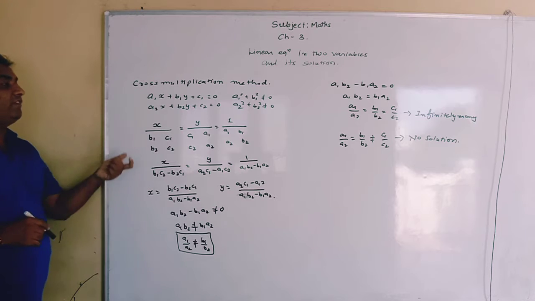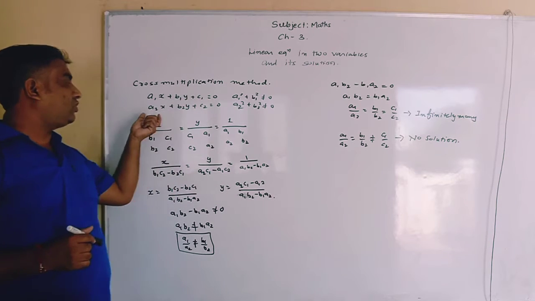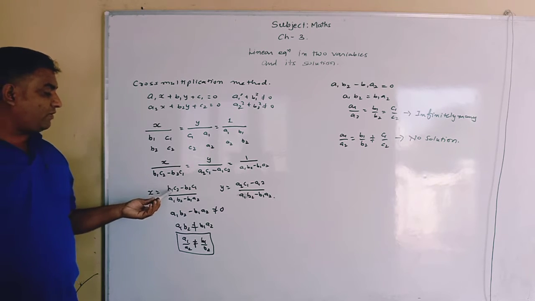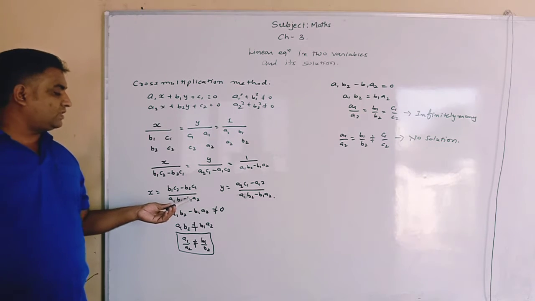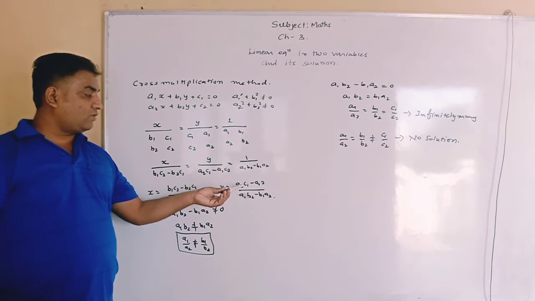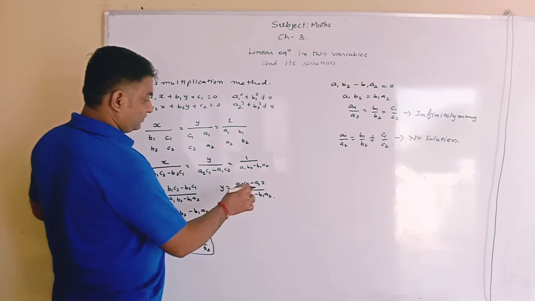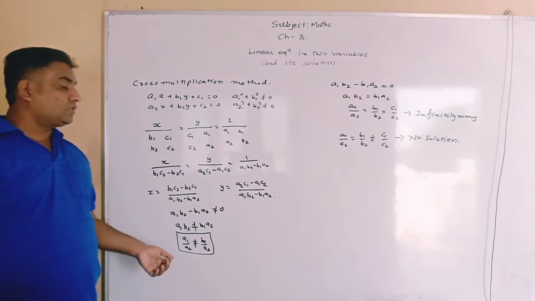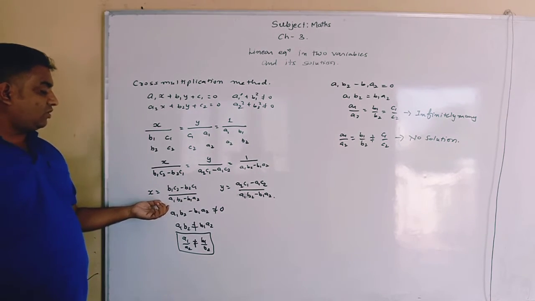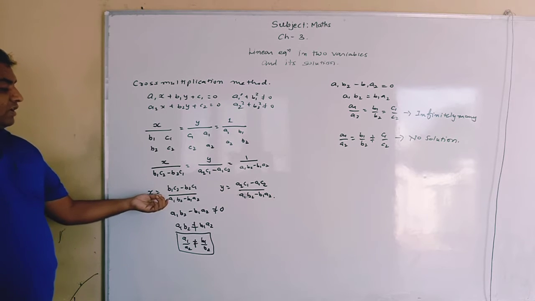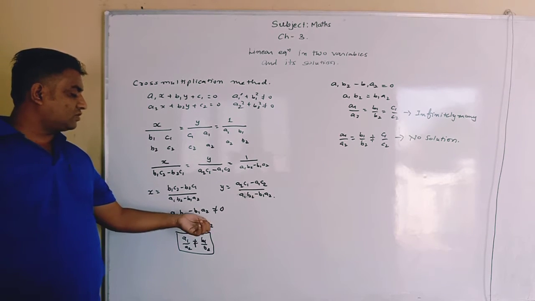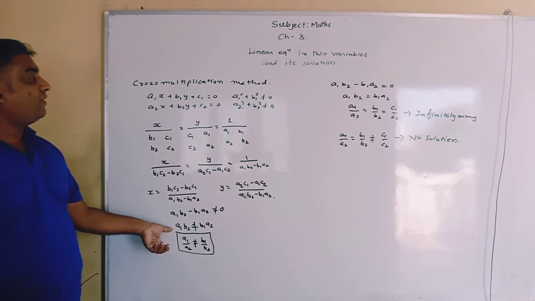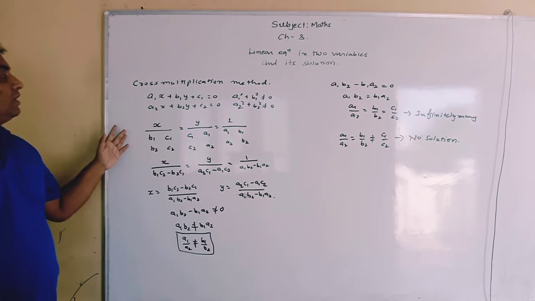Now if two equations a1x plus b1y plus c1 equals 0 and a2x plus b2y plus c2 equals 0 are given, then we are getting x equals b1 c2 minus b2 c1 upon a1 b2 minus b1 a2, and y equals a2 c1 minus a1 c2 upon a1 b2 minus b1 a2. We know that the denominator cannot be 0 for a solution to be possible. So if the denominator is not equal to 0, then a1 b2 is not equal to b1 a2, and so a1 by a2 is not equal to b1 by b2. On this condition we get a unique solution for these equations.